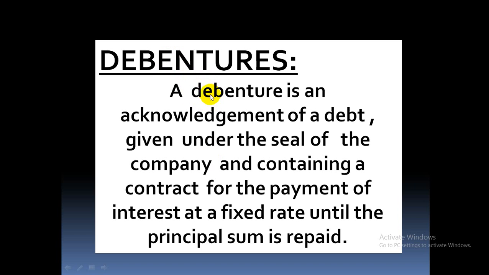So actually debentures are a kind of loan taken by the joint stock company from the public. So it is a debt. It is a debt certificate under the seal of the company because the company is the borrower and the company is taking a loan from the general public on the contract that a particular rate of interest will be paid to the debenture holder until the money is returned to the person from whom it is taken, or you can say the debenture holder. So debentures are by nature a liability.